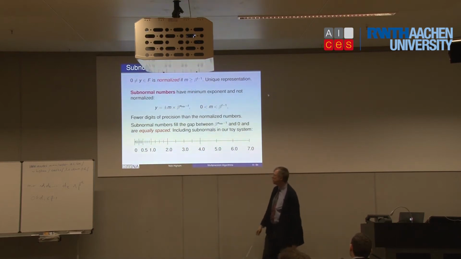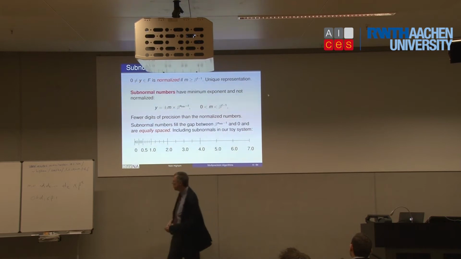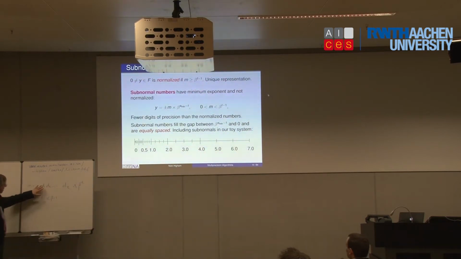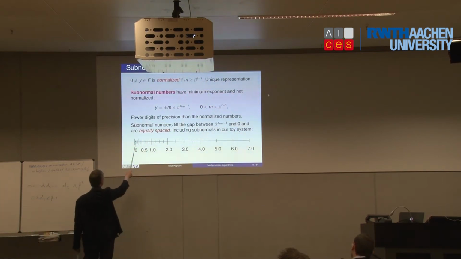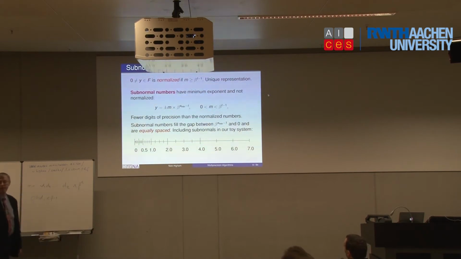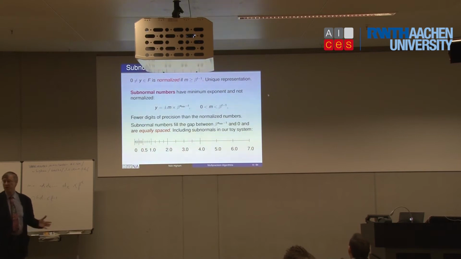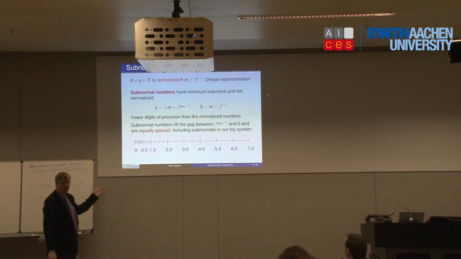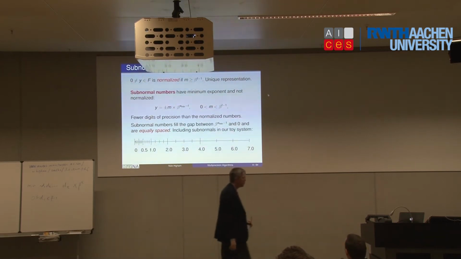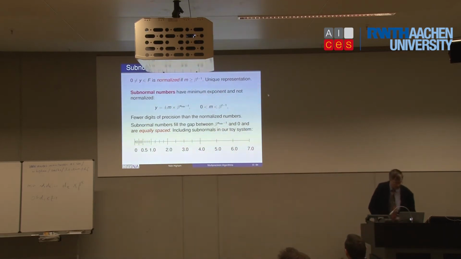But they have less precision as you go down, because, in terms of this picture again, we're just gradually knocking out these digits until we have just one left. So this final number here in binary has really only got one bit of precision in it. So the good thing is it gives you some more numbers and allows a more graceful way to get underflow. The bad feature is that once you're in this range, you'll lose accuracy in the numbers, and potentially that could later come back to hit you, if the numbers start to grow again and become normalized. But this is all featured in the IEEE standard.